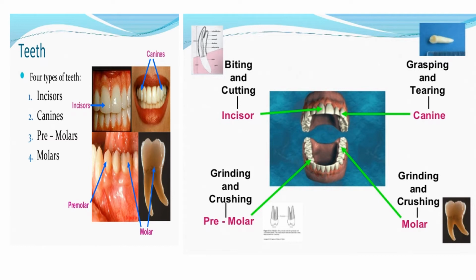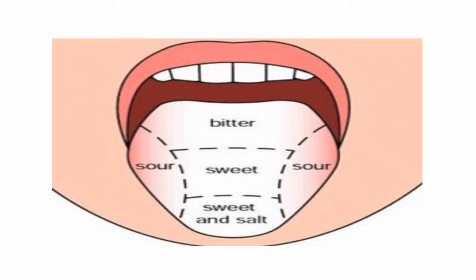There are 8 premolars in all, 4 in the upper jaw and 4 in the lower jaw. They are next to the canines, and the molars come after the premolars. There are 12 molars in all, 6 in the upper jaw and 6 in the lower jaw. The saliva secreted in the mouth gets mixed with the food and makes it soft. So the function of saliva is to make the food soft, and it converts insoluble starch into soluble sugars.